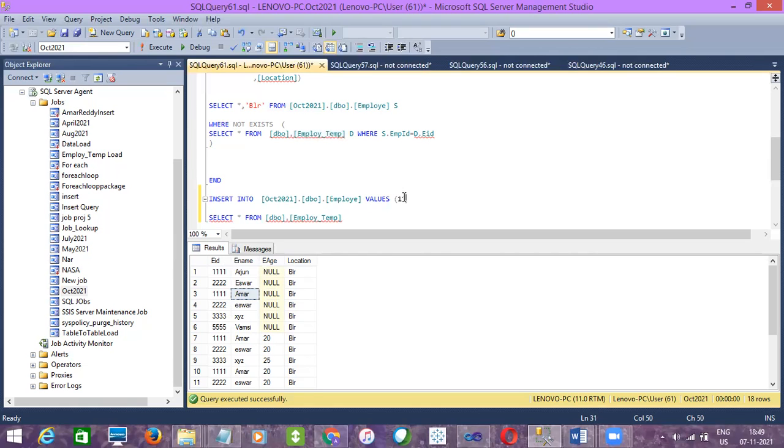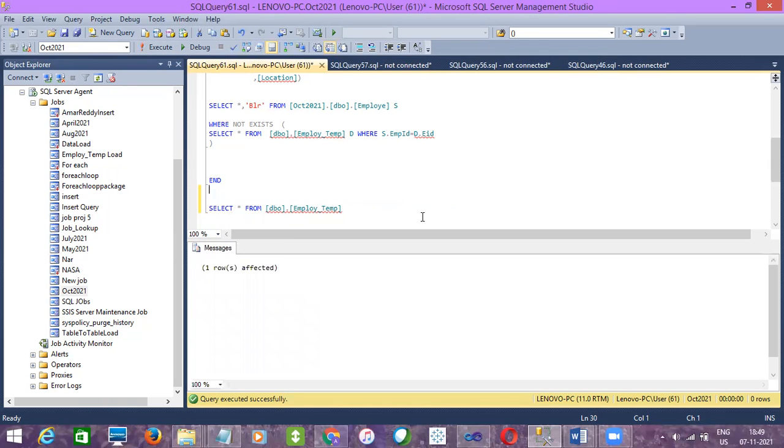Employee ID 1122, employee name ASD, and employee age 30. I think these are the three fields in the employee table. So one record is inserted. Now, for today the job has been executed.